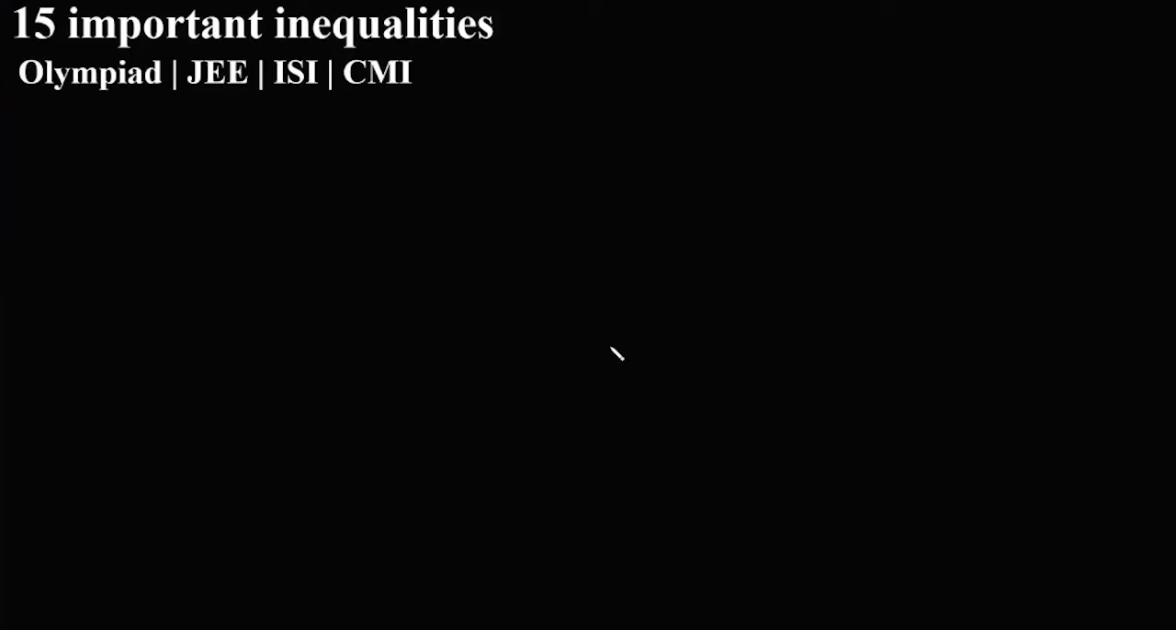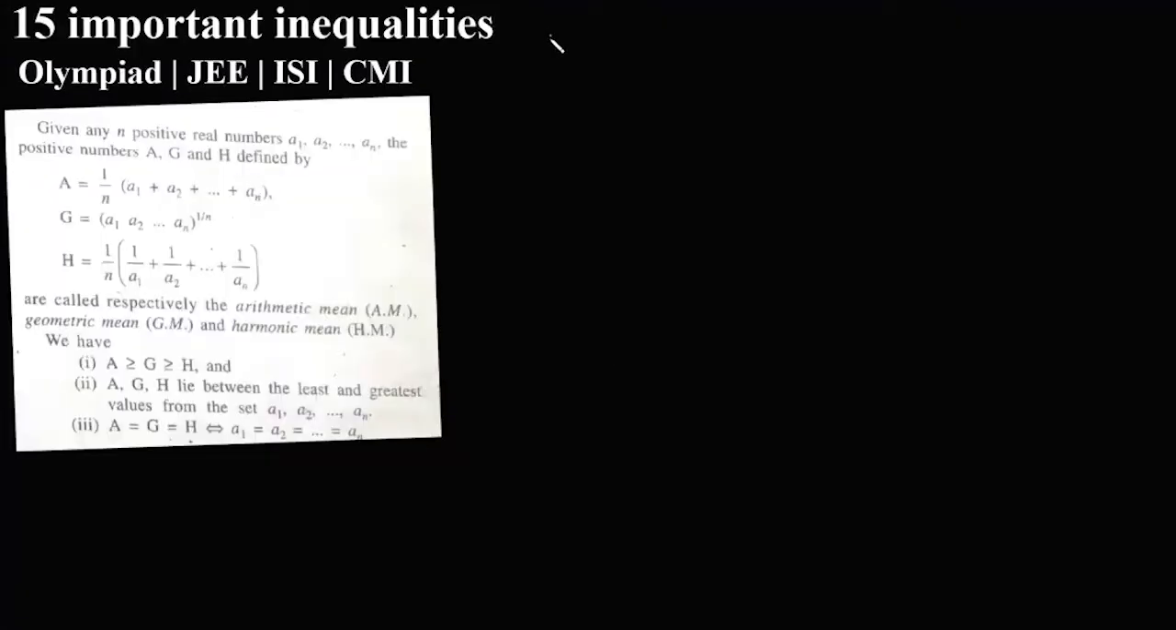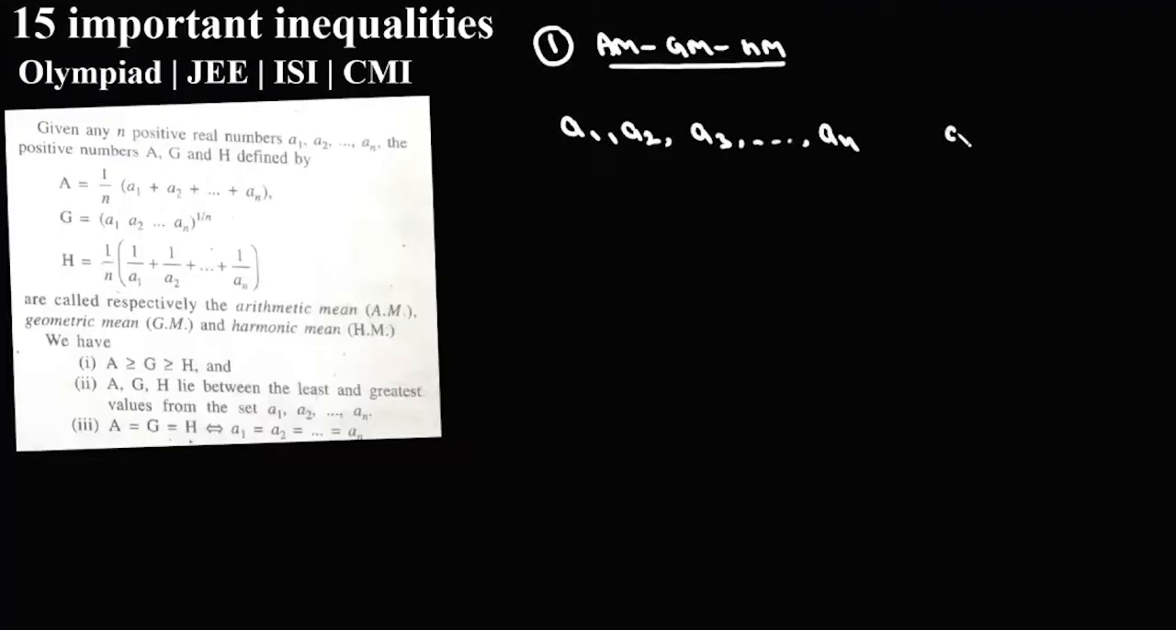So we'll start with the first inequality, and that's your fundamental AM, GM and HM inequality. So the very first inequality is the AM, GM, HM inequality. If we have n positive real numbers a1, a2, a3 up to an, where each of these numbers is a positive real number,